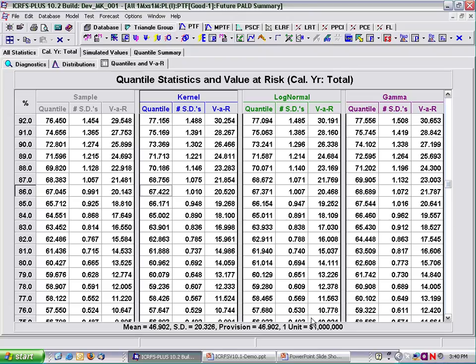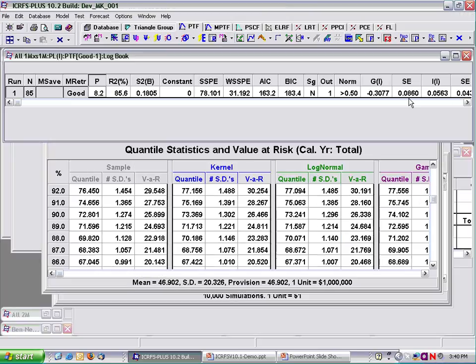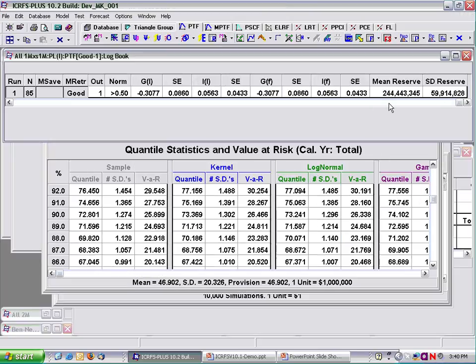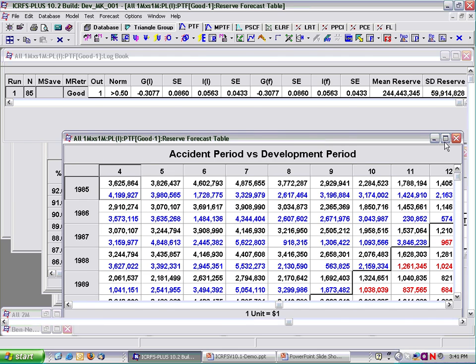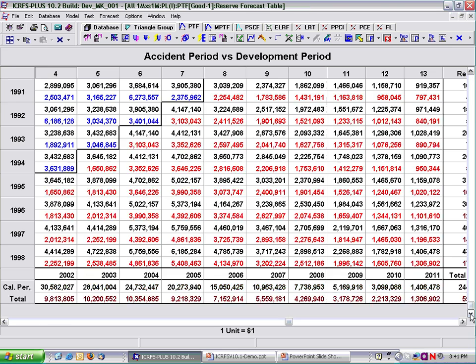let's suppose that instead we're looking at the total reserve, and the total reserve in the logbook has a distribution with a mean of 244 million, and the distribution of the total reserve has a standard deviation of almost 60 million. And what you're interested in now is in retrospective cover. So if we look at the forecast table, what we would need to do now, let's suppose you're looking at cover of, say, 60 million excess of 244